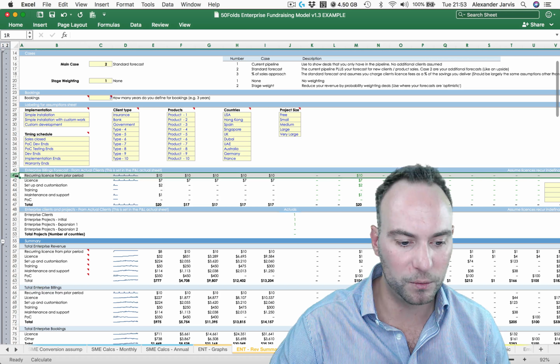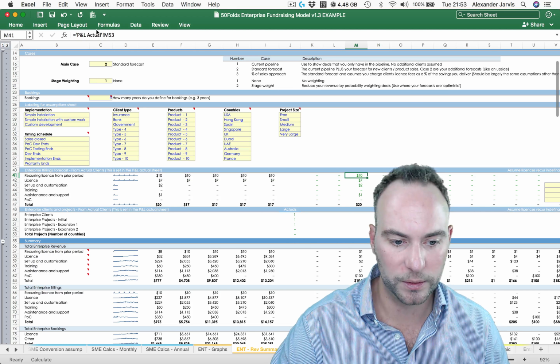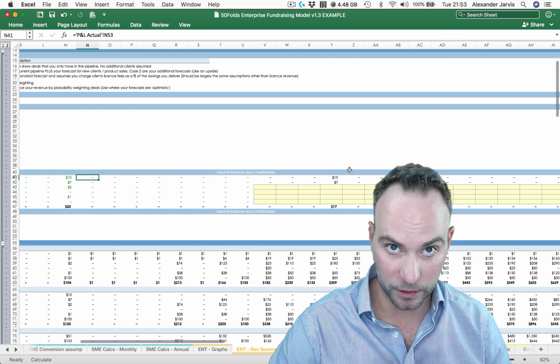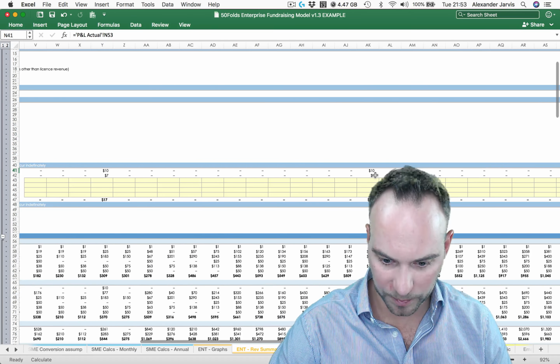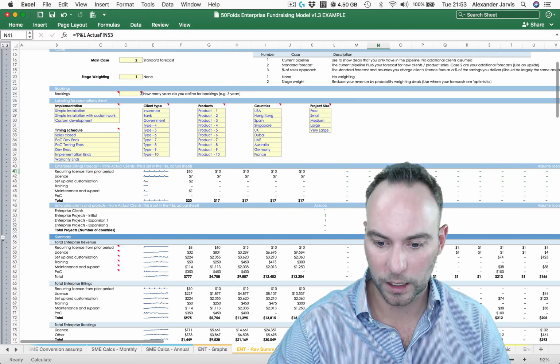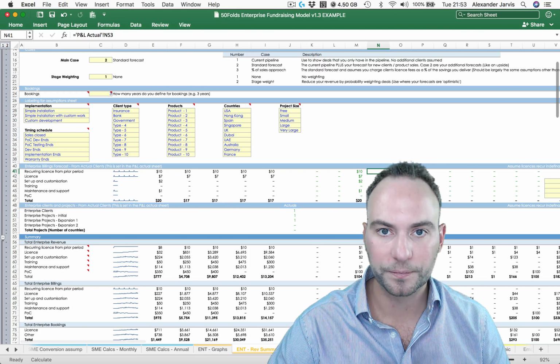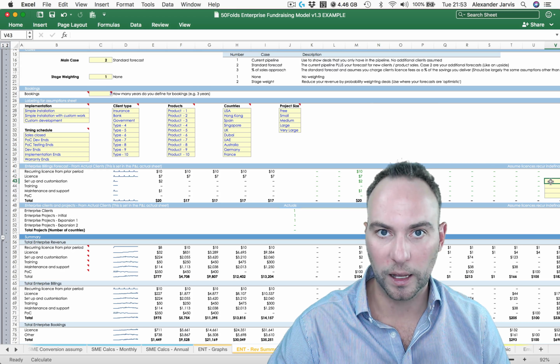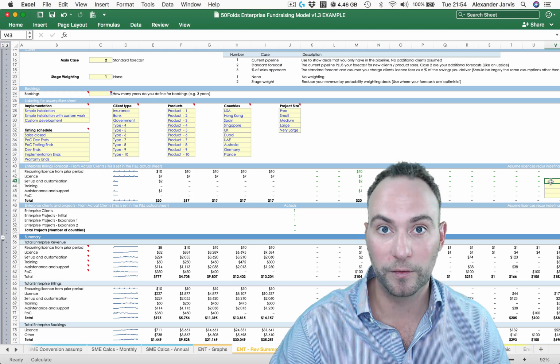And if you remember from one of the first videos, it will say recurring license from prior period, right? This number is coming from your actuals. This is going to come in and it's going to repeat, because this is your license revenue that's going to repeat. So you see it repeats. Now I have these yellow boxes here, just in the odd case that you want to fiddle around with it. And if you want to fiddle around with it, you'll have found out a reason.